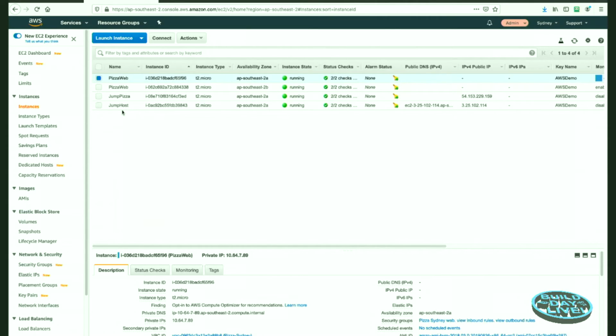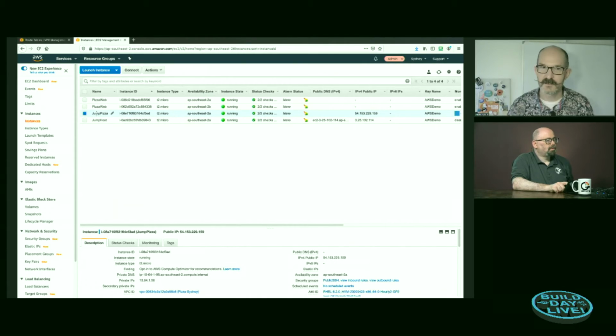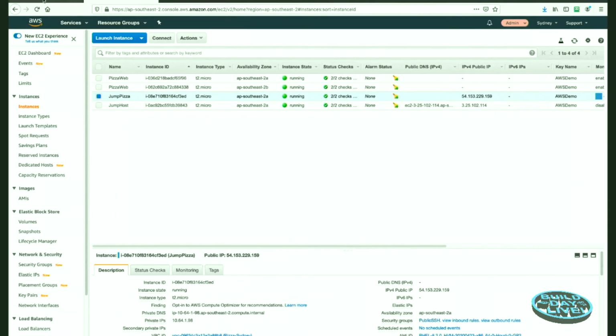But what I do have is a jump host here. Most of the time I manage my environment by connecting in over the internet onto this jump host and then going to the web servers from there. But I want to switch that so that I've got direct access from on-premises. So if we pop back into the VPC,